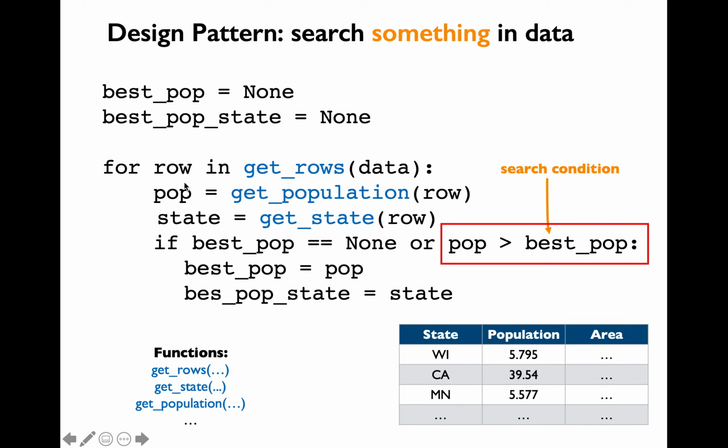What we want to do inside the for loop is that for every iteration, we want to extract the population and the state and compare those against the previously known best values, correct? Your if condition is often going to have such a form where you have parts of the if condition separated by or. The first part is always going to be best_ that particular value equal to None, or some other search condition. Why do you need the first part over here?